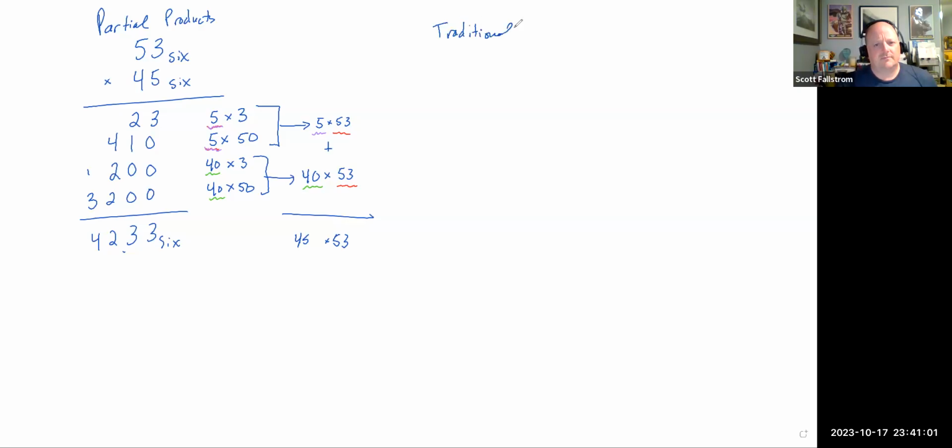So the traditional is just fine. It's the same multiplications, we're just going to be grouping things a little different. So when I take a look here, 5 times 3, I would get 15, which is 2 sixes and 3 ones. So what I do is I regroup up here. Now just remember that this 2 that we're looking at represents 2 groups of 6. Since we're dealing with base 6,